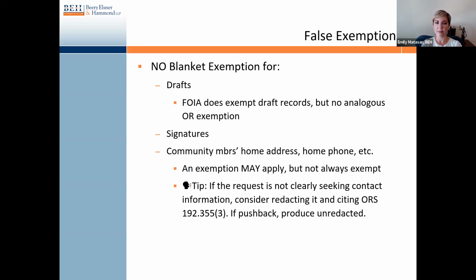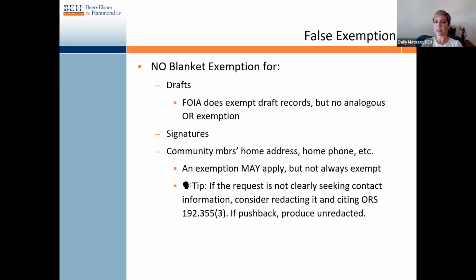Just because it's a draft and not a final does not mean it's exempt. Another false exemption is signatures. People just sort of feel like their signatures shouldn't be public, but there's no exemption that applies to them. Likewise, community members' home contact information, home address, home phone number. An exemption might apply, but it's not itself exempt. So my tip for handling that, if you receive a request